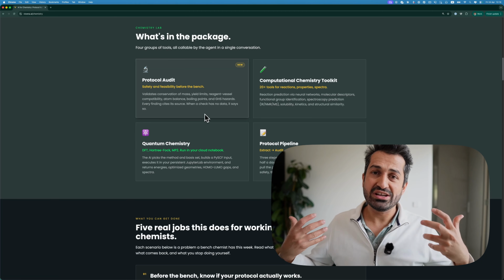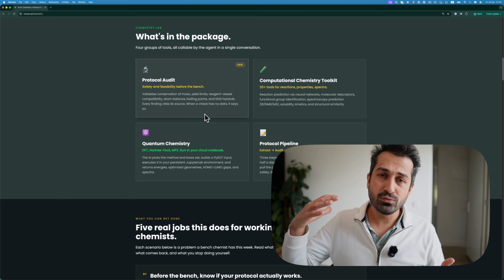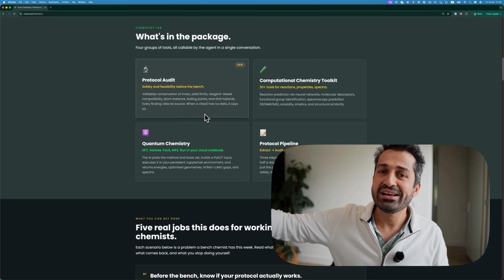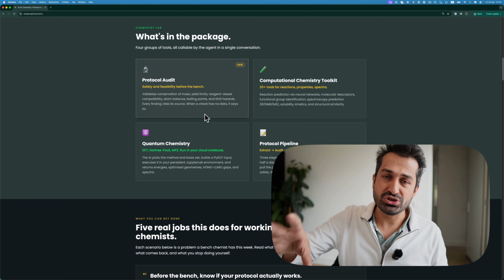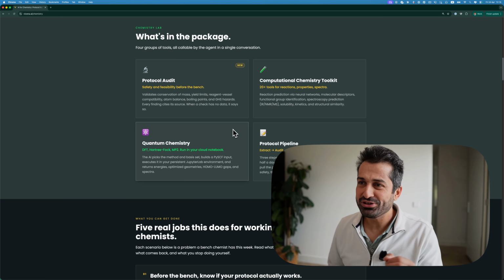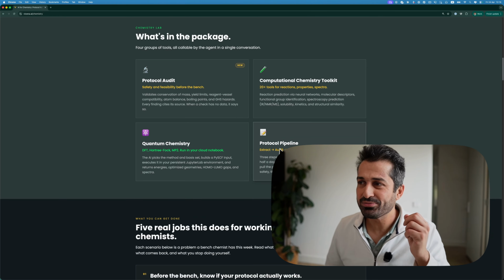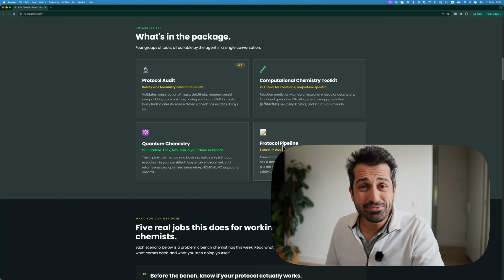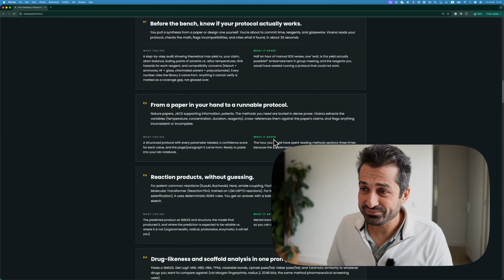So you can check if something works before going into the fume hood, like your lab. Not only that, you can do computational chemistry, quantum chemistry, and a protocol pipeline. You can essentially extract protocols, simulate them, and audit them.